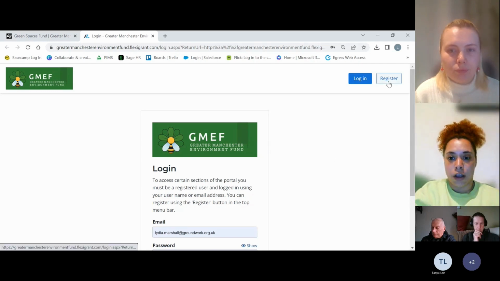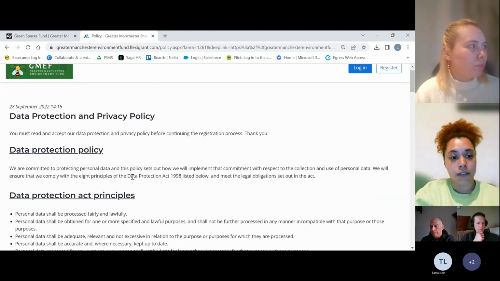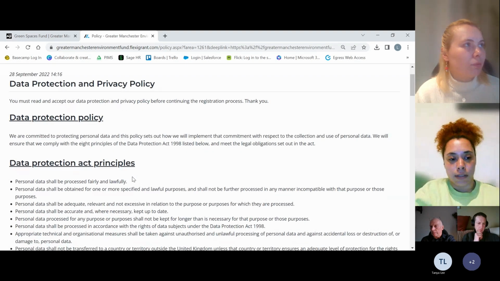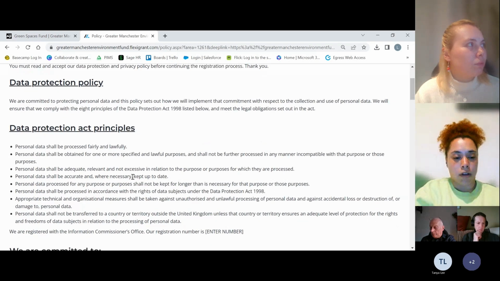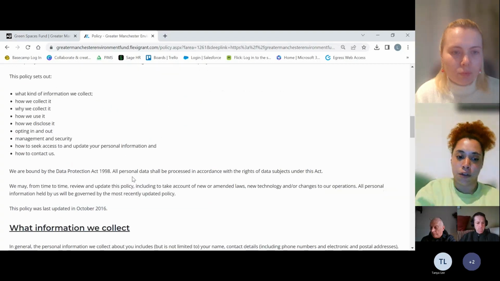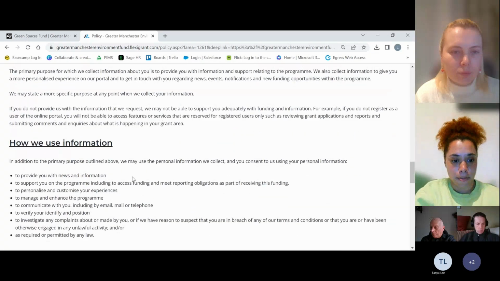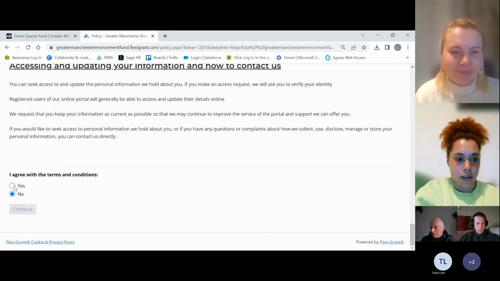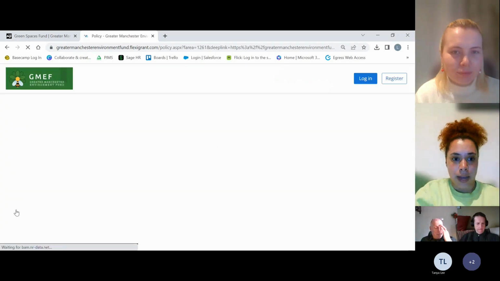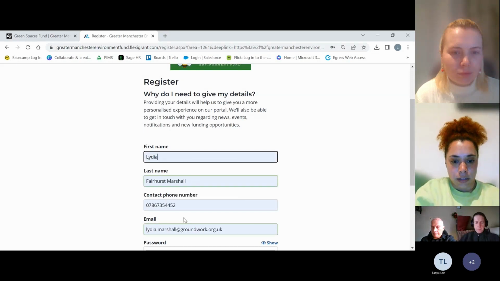and then we'll move on to the next section. So once you're taken to this link, you could obviously either go to login or register. So we're going to register an account now. You just go down, you see your regular data policies. Feel free to read through those, make sure you understand what you're signing up to, but obviously it's just your standard terms and conditions. I've previously created an account on here, so I'm just going to whiz past those for efficiency right now. So you agree to the terms, press continue, and then it will ask for a little bit of information. So I'm just going to pop my details in here